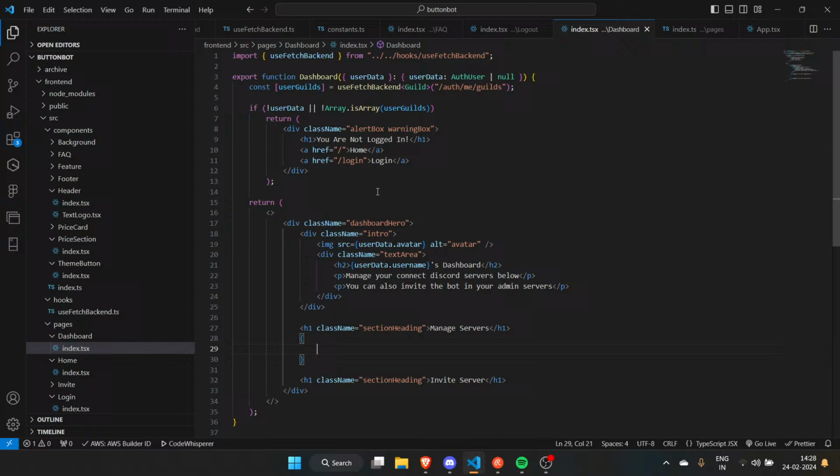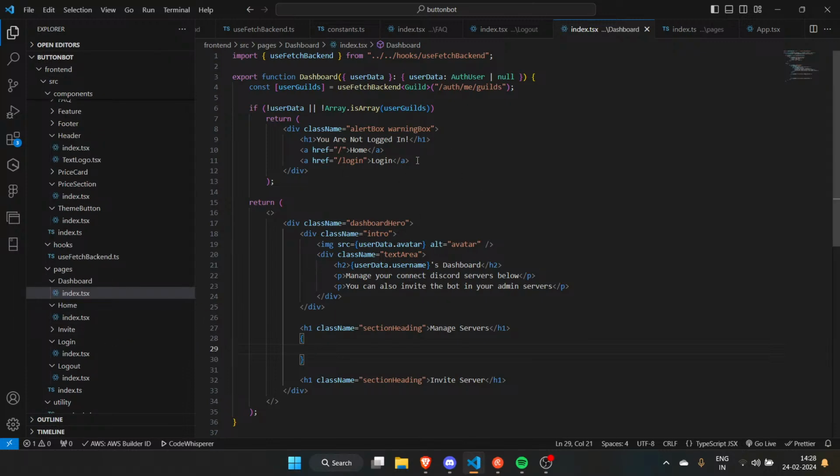Now we need to actually make those changes in that section where it is. Okay, so fetch backend. It is not guild, dude. It is more like common guilds and then we have uncommon guilds.